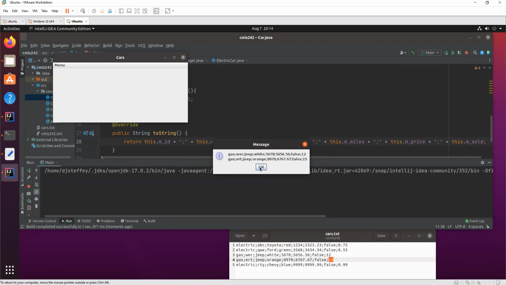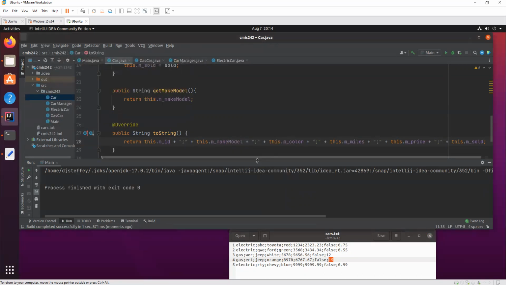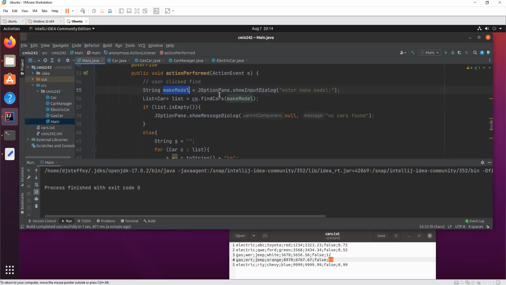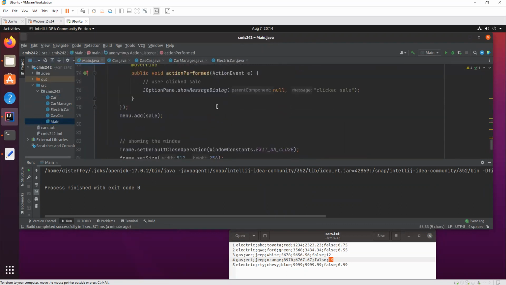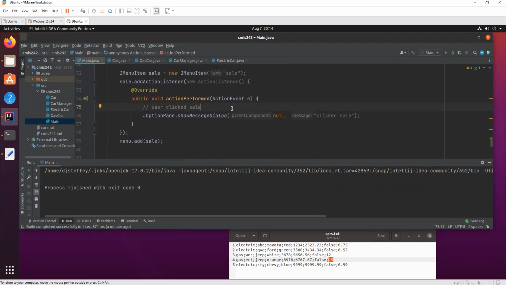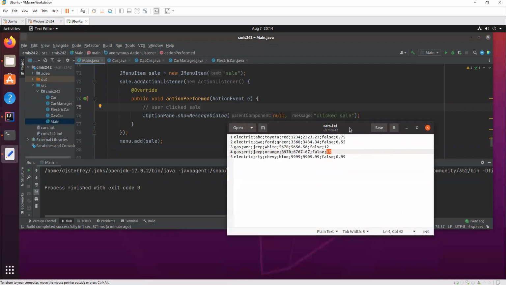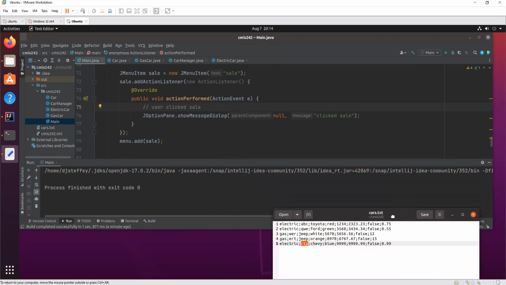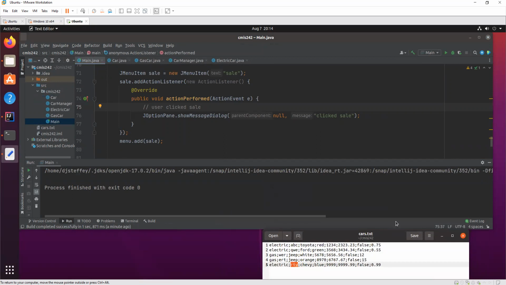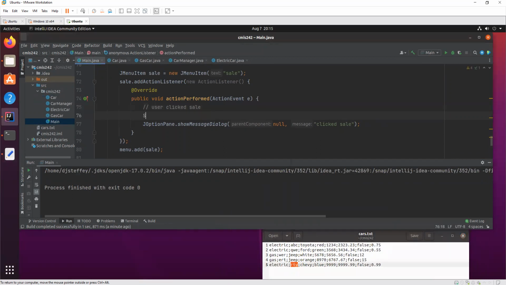Okay. But now we want to be able to sell a car. Right now it just says click sell, but we need to be able to sell a car. All right. So let's think about how we need to do that. And there's the sell. So what we're going to do for sell, we're going to use the ID. We're going to sell a car by an ID. If we look at our cars, they all have unique IDs. This one's ABC, QWE, WAR, ERT, and RTY. Those are the IDs. So when we sell a car, we need to tell it what is the ID of the car we want to sell. So let's have the user type in what ID they want to sell.